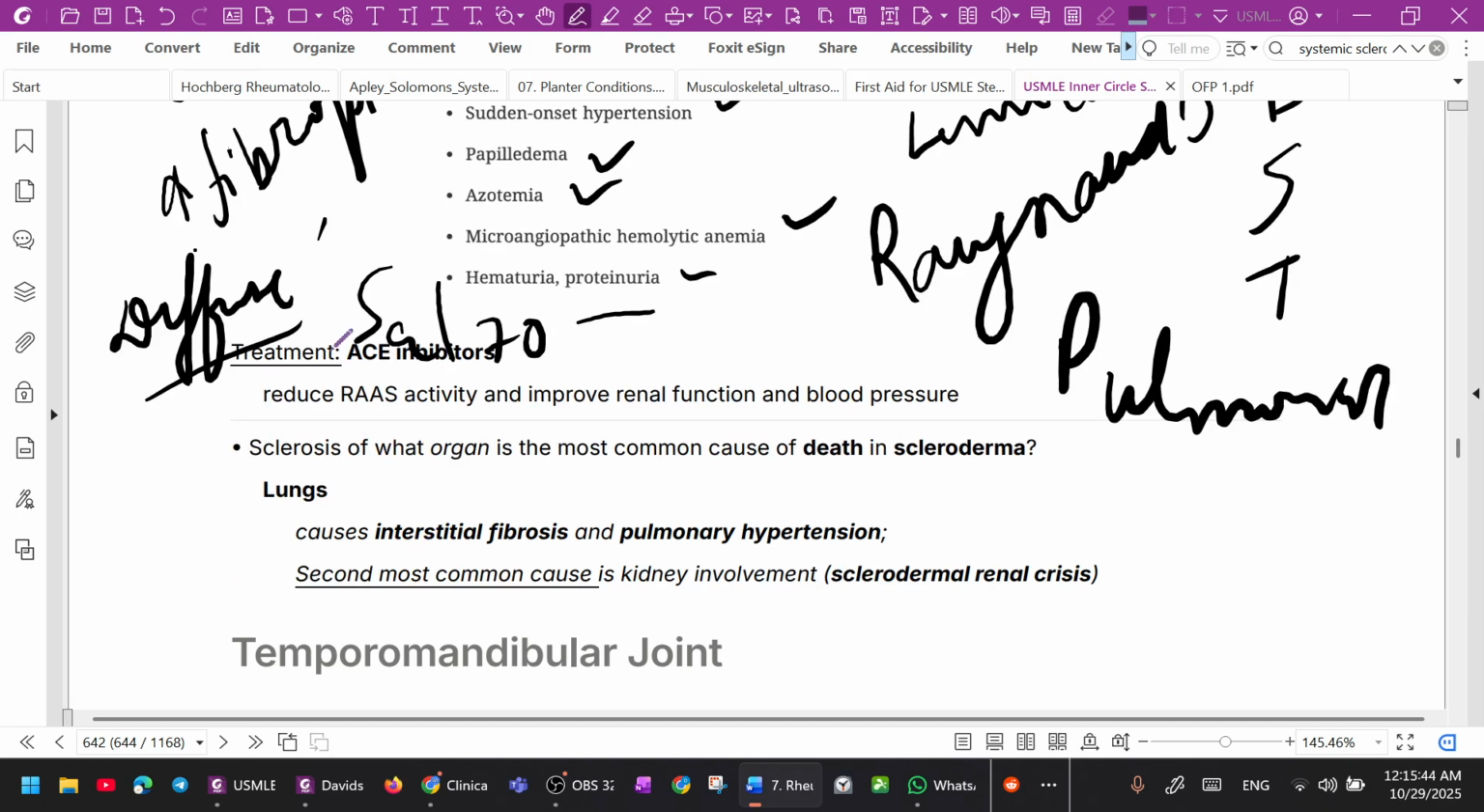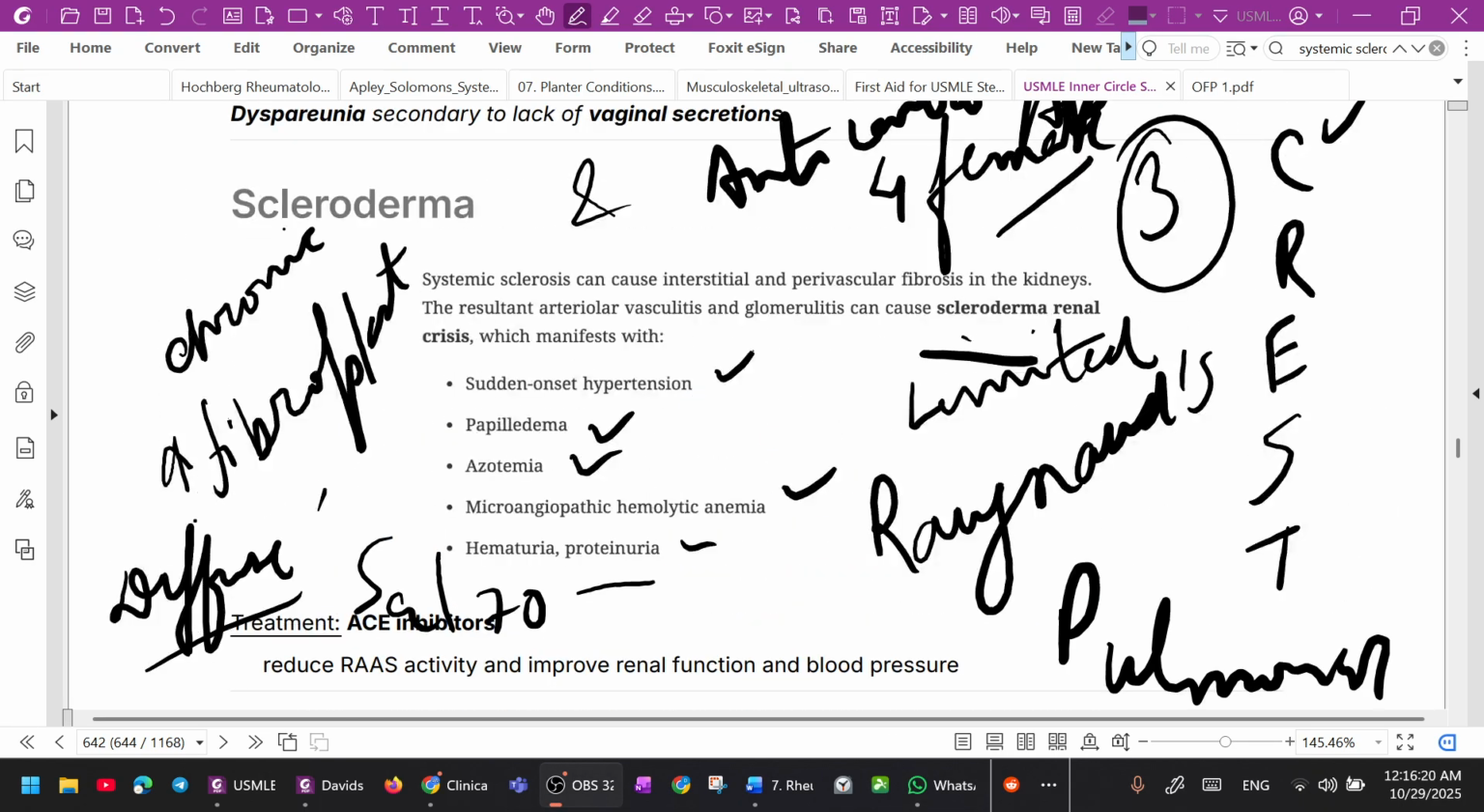So in here the treatment is ACE inhibitor, and there are other treatments also. You can give steroid, calcium channel blocker nifedipine, bosentan, ambrisentan, dual endothelin receptor antagonist, or iloprost, methotrexate, cyclophosphamide. So that's all about systemic sclerosis. Hope you